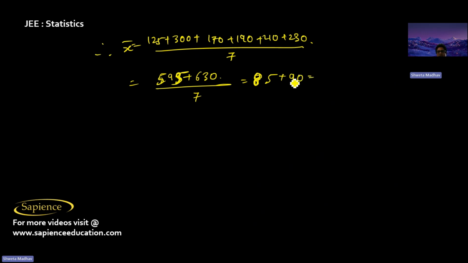So this will be 90 plus 90, 180, minus 5 is 175. So the mean is 175, therefore the mean deviation about the mean